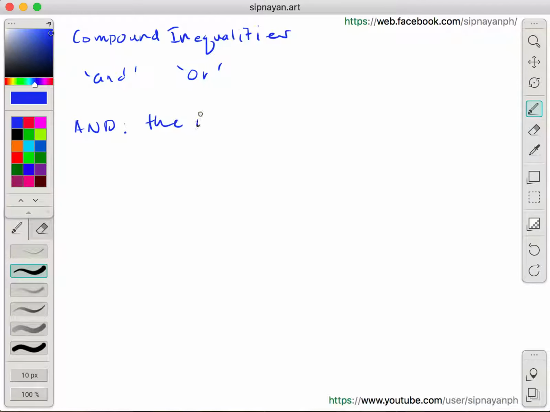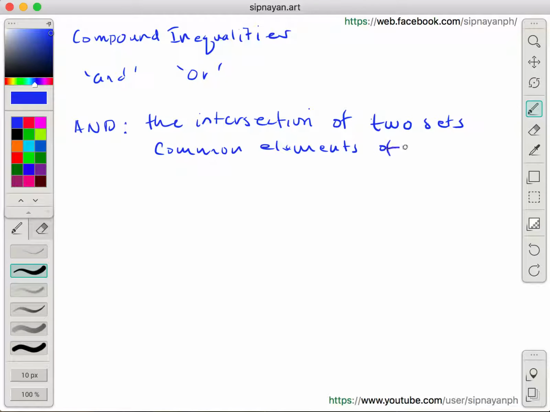The intersection of two sets, or two or more sets, of course. But here we will only limit ourselves to two sets. And this is the common elements of both sets. If you are familiar with the diagram, if you watched our series on sets,